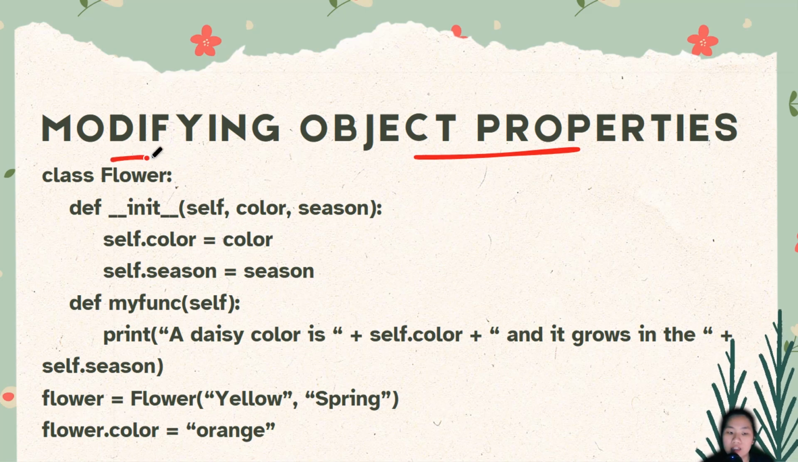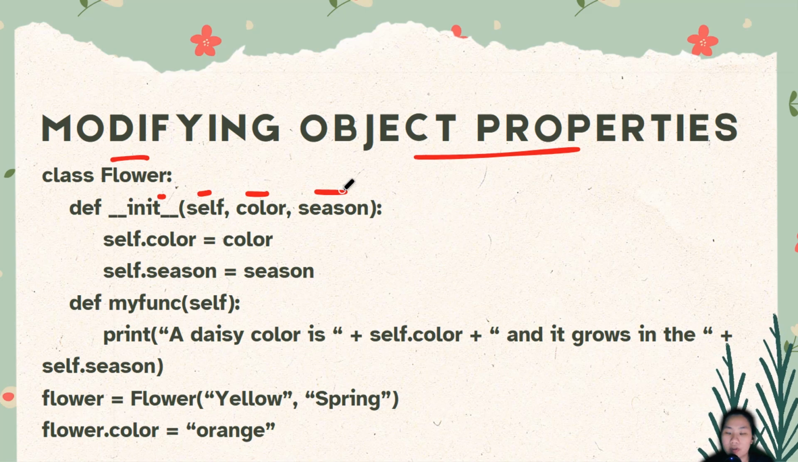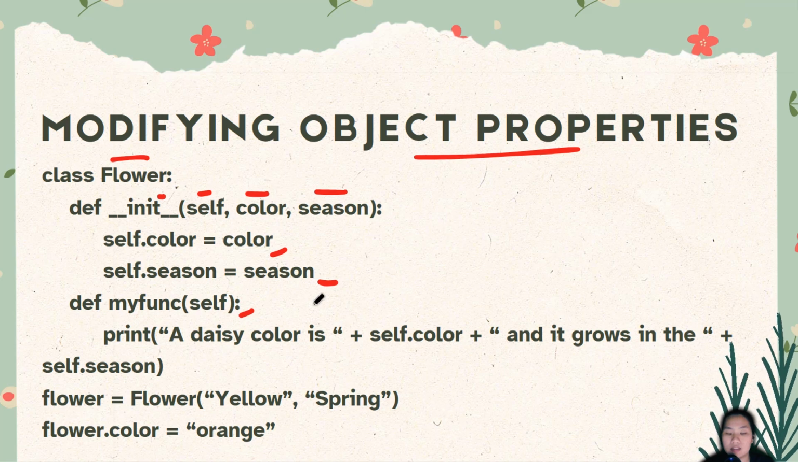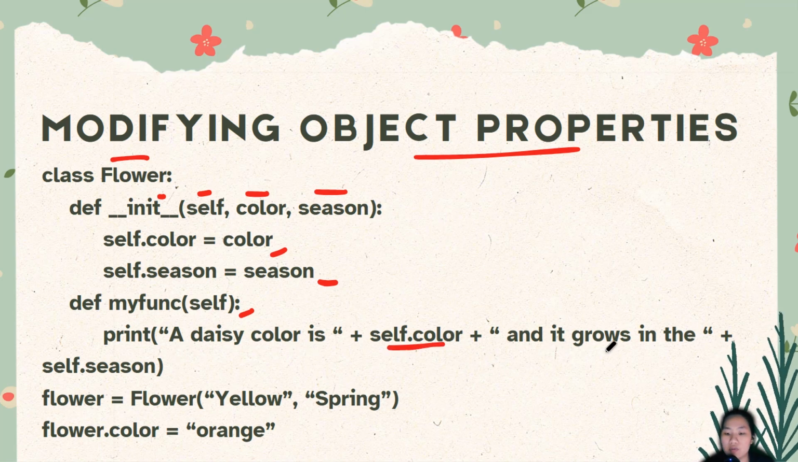I have the class Flower with the init function, the self parameter, with the color and season parameters or arguments as well. self.color is color, self.season is season. And then we have another function down here using the self parameter, so it's in reference to this instance of the Flower class. What this function does is that it prints out: A daisy's color is whatever we passed in as color, and it grows in whatever we passed in as